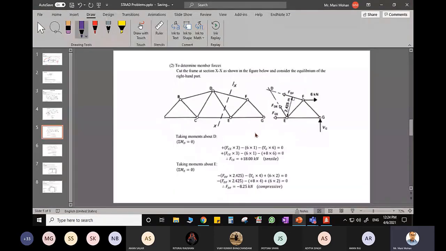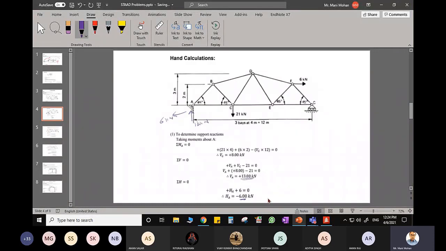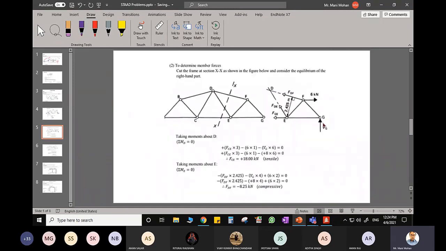What about at C? So at C also you can compute. Yes, it has been computed. Okay, this is VG. So you can see this is 8 kilonewton. Just by this, it is a determinate structure, you can simply calculate these reactions.